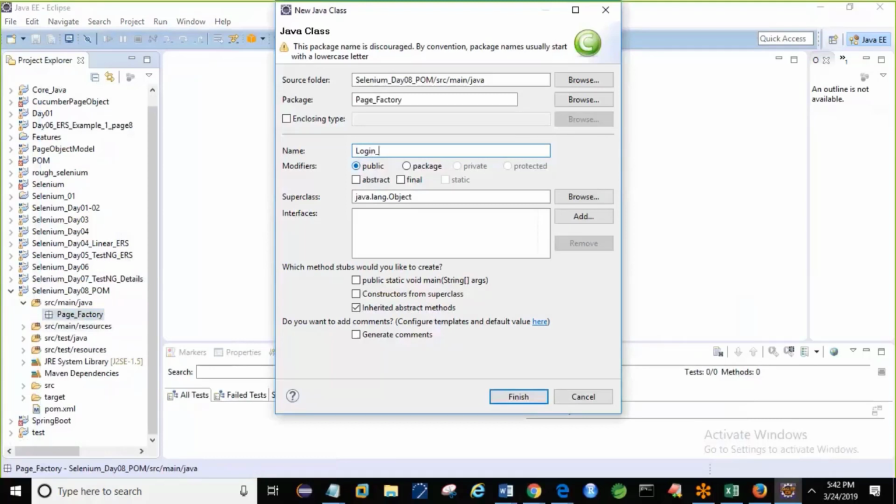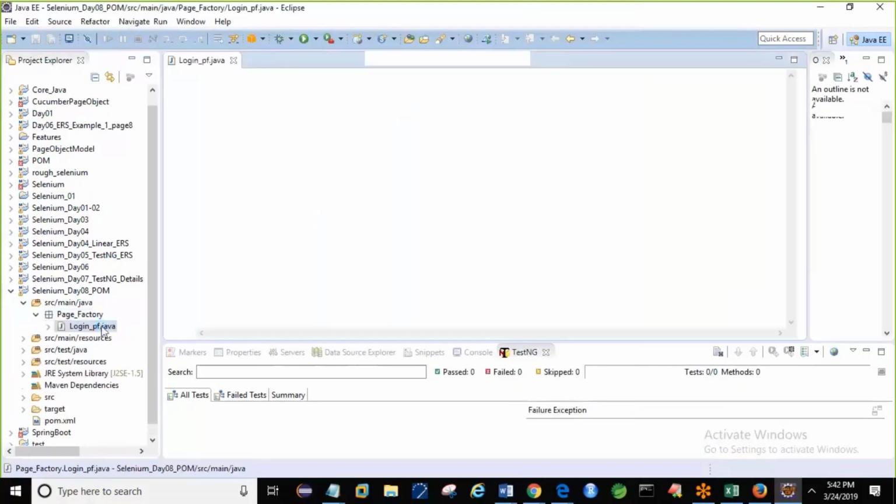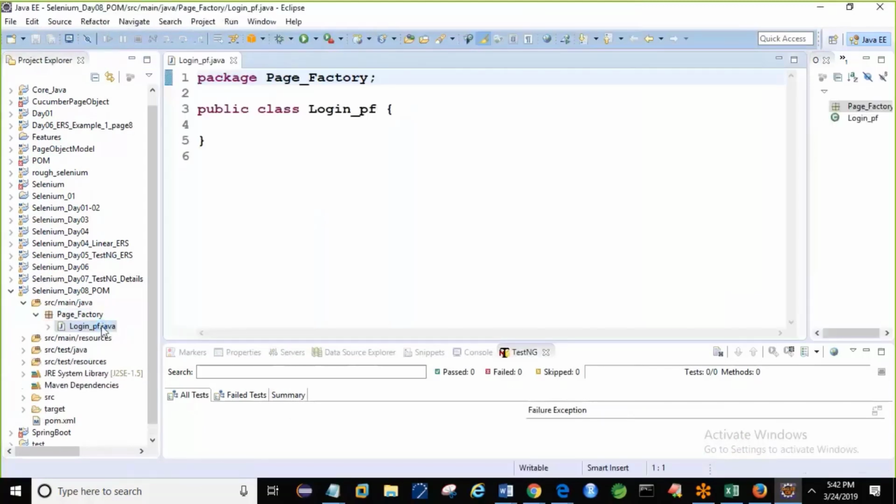Login PF, meaning page factory. Public static void main, don't check it. Don't check public static void main. Just one simple class, the login class. Inside this login class,